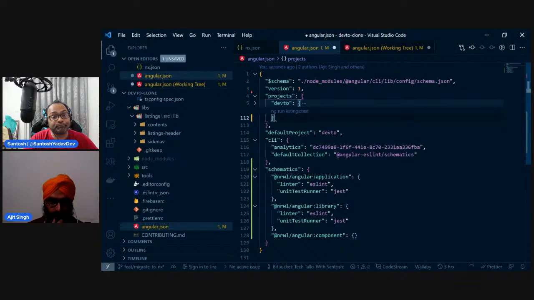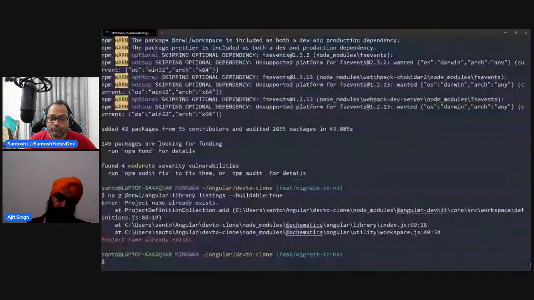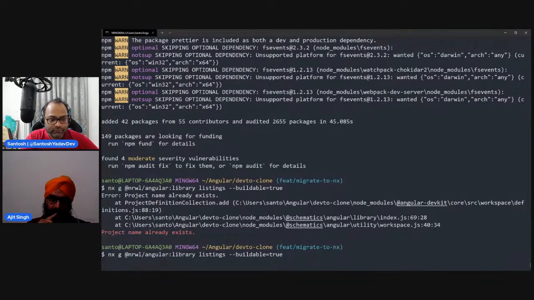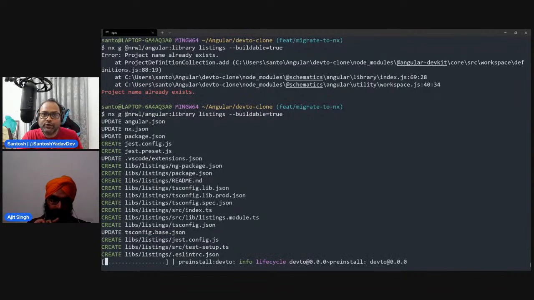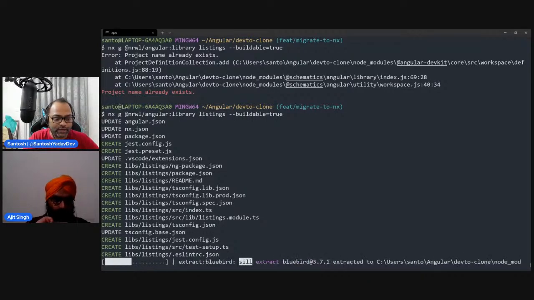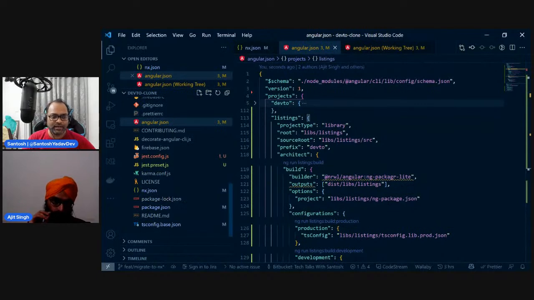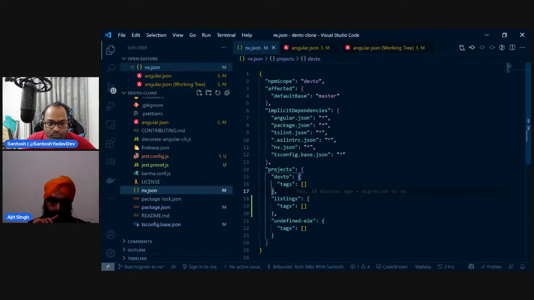So listings, is the configuration stored at angular.json or nx.json? That's a good question. I think in a future version they will be using workspace.json. Right now, in case you have an Angular project, they don't use workspace.json, but workspace.json is actually used for all other project types. In case you have a React-based project or you have an Express backend or Nest.js, they use workspace.json for those. And nx.json is something where you have just the library name, and you can also provide the dependencies. So there are tags, right? Inside that you can actually define